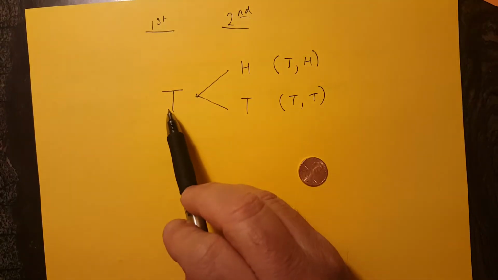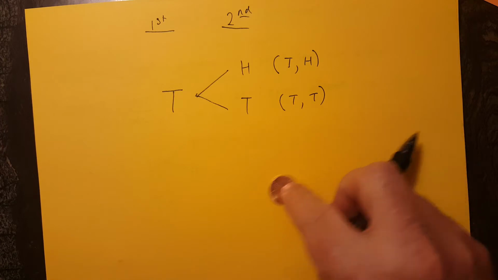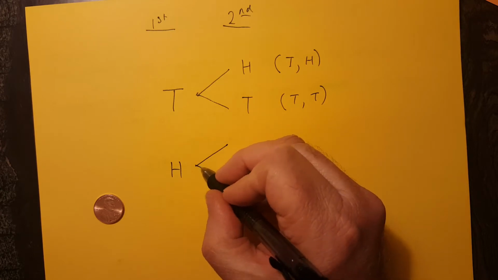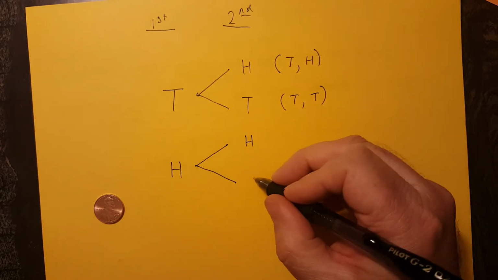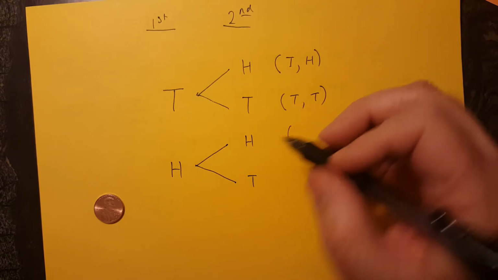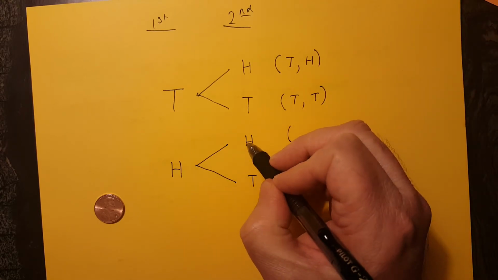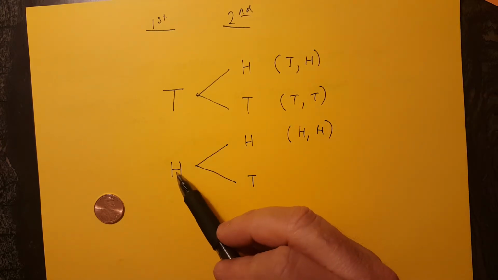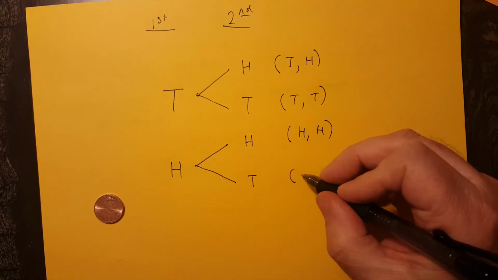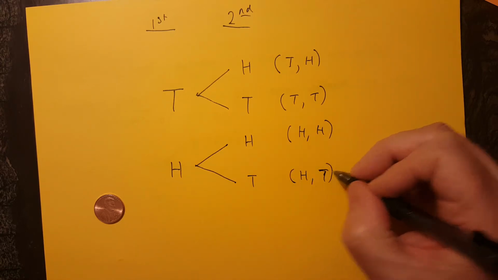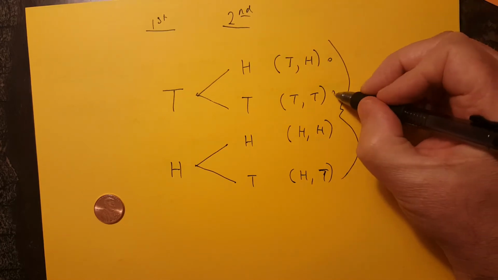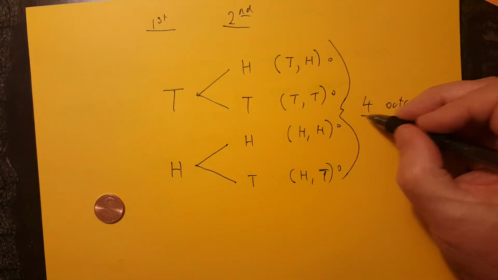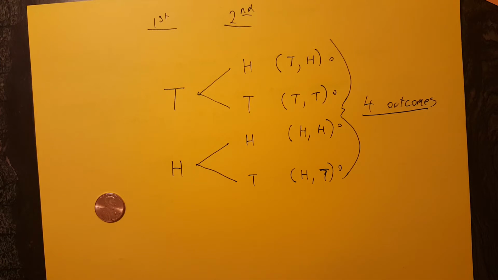Now remember, on the first flip, it didn't have to come up tails. There was a possibility that it could have come up heads. If it had come up heads and we had done this, the second outcome still could have been heads or tails. So this outcome represents heads on the first flip, heads on the second flip, heads and heads. This outcome represents heads the first flip, tails the second time, heads and tails. So you can see there are actually 1, 2, 3, 4 possible outcomes. All right, you can figure that out using a tree diagram,